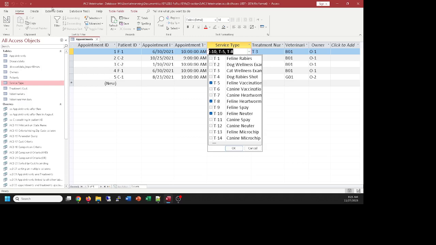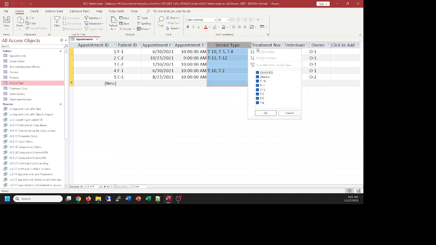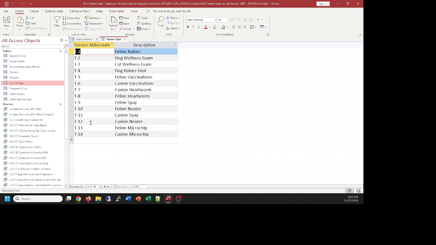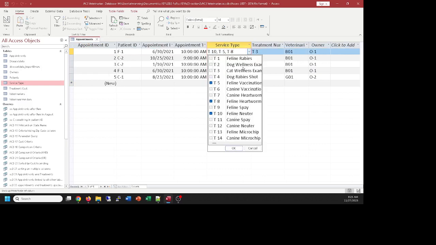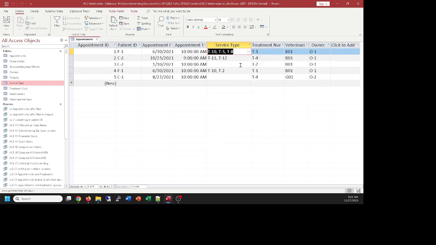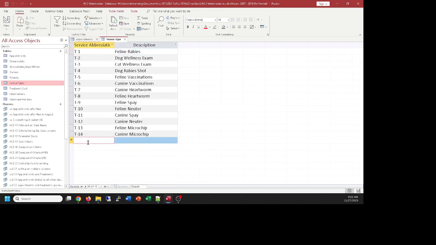in form view. The nice thing about this particular design is if I ever decide I want another service type, all I have to do is come over here to my service type table and add another entry, and I have that additional service type available to me in my appointments when I choose this. So it's pretty handy. Let's just do that for fun. Let's go ahead and add a service type, just make up something, T-15, to add to my service type table,